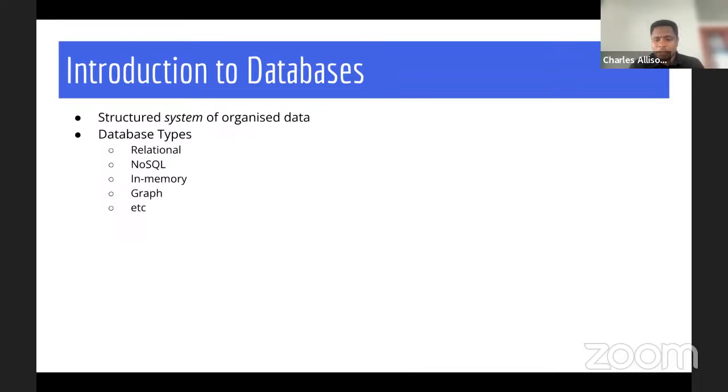And this structure helps you in storing the data very well, helps you manage the data, and also helps you in retrieval, because there's a structure around the data. Now, there are different types of databases. You have the relational, you have the NoSQL, you have the in-memory, you have graph, you have spatial, you have lots of them. But this is just an intro, right? So we'll be focusing majorly on what is needed for the cloud practitioner exam. So with this in mind, let's move over to AWS and see how this